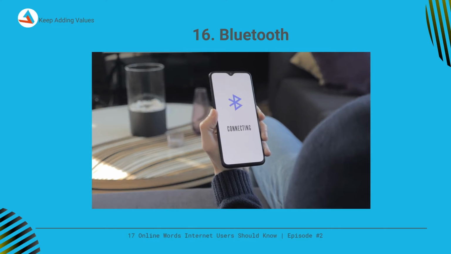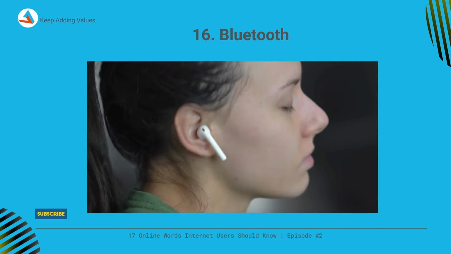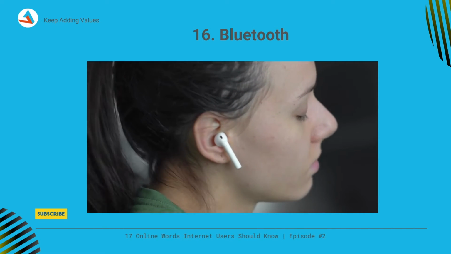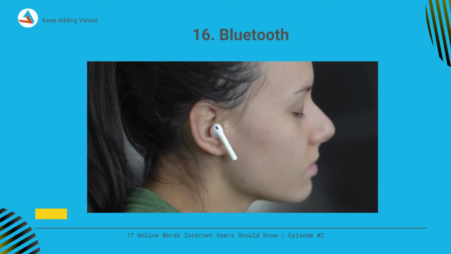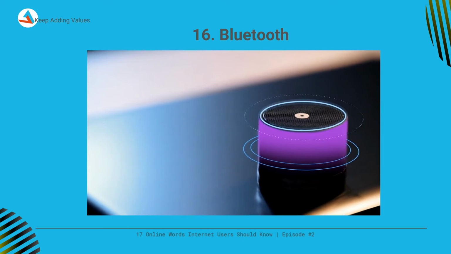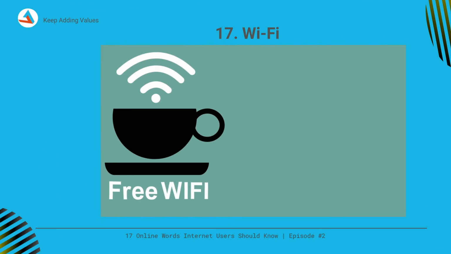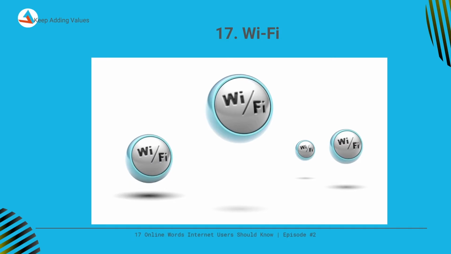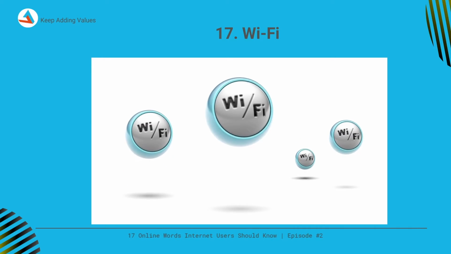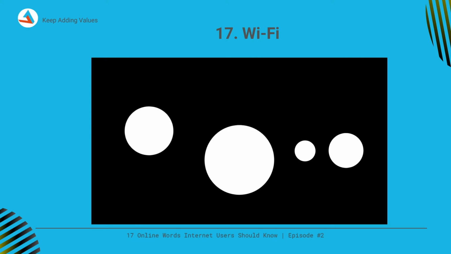Number 16. Bluetooth is a wireless technology that allows the exchange of data between different devices. While Bluetooth uses wavelength to transmit information, it generally only works within a short distance for the devices to stay connected. Number 17. Wi-Fi is a wireless networking technology that allows devices such as computers, laptops or desktops, mobile devices,